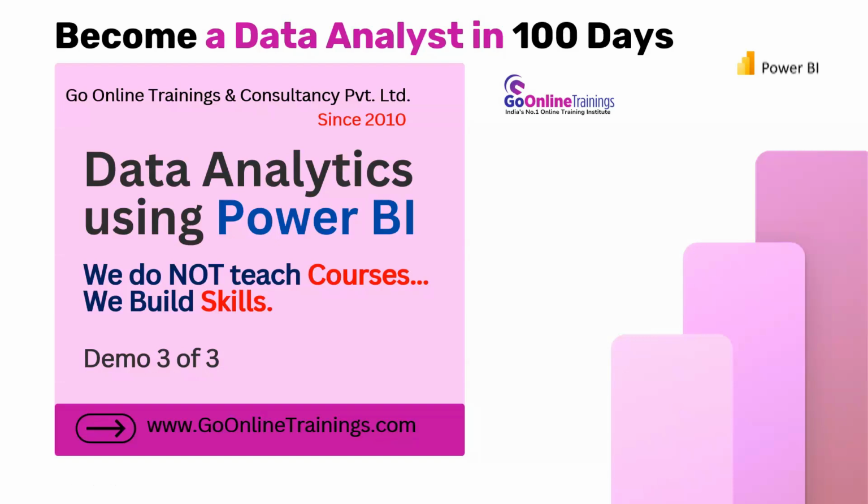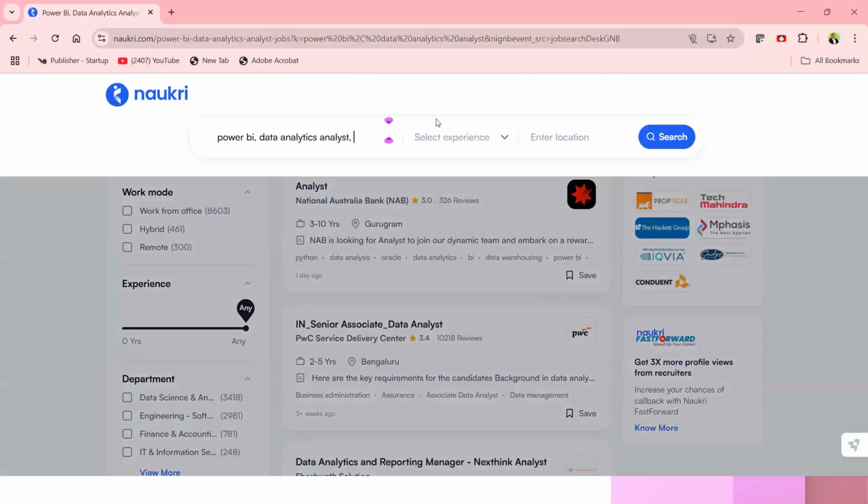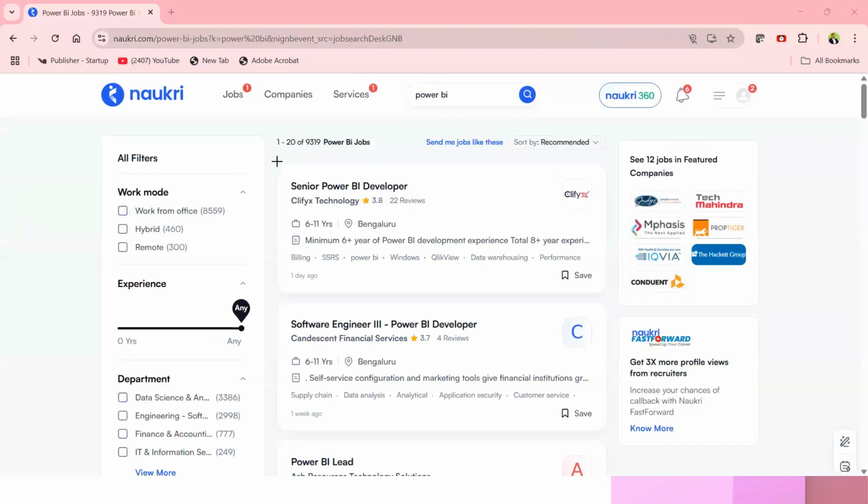Tomorrow, I'm going to be showing how to install Power BI and SQL on your computer, on your laptop. I'll tell you today what kind of laptop configuration you need to have, right? So let me go to Naukri.com and explain how many jobs we have. If you simply go to Naukri.com and look for only Power BI, so don't mention anything. If you simply put Power BI or Power BI developer, how many jobs will you be able to get? Power BI has almost